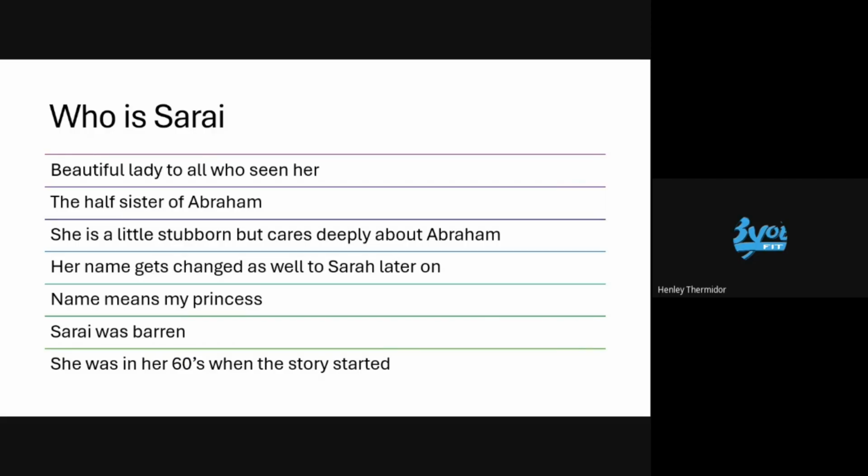Being barren was a death sentence for anybody because, again, if you can't give your husband a son or an heir to continue his lineage, all that money and everything that you guys have gotten throughout your lifetime means absolutely nothing. It dies with you guys, and somebody else will get it. So she's 60, and she's already way past her time of having kids. Not only that, she's barren, and she knows that. So we start to see a lot of doubt from Abraham because of Sarai.